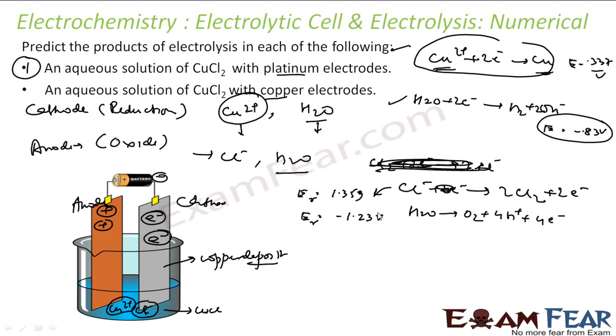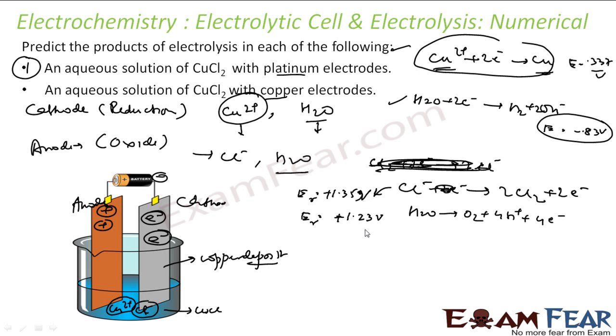Actually, I can write the oxidation potential for both. This is plus 1.23. Both are plus actually, right? This is the reduction potential for chlorine. This is the reduction potential for water. If I write the oxidation potential, both will get a negative charge. That means to oxidize the chlorine, I need 1.35 volt, and to oxidize water, I need 1.23